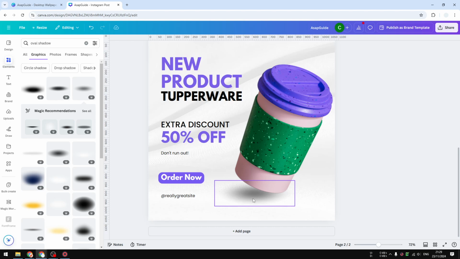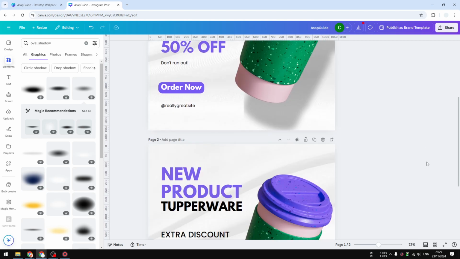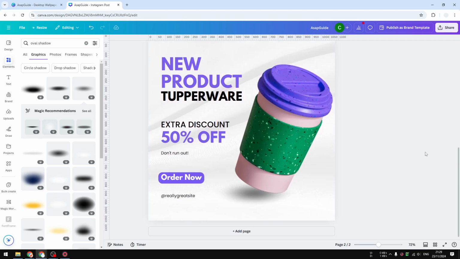But if you have a product that's maybe a cube or rectangular, then you might want to use a shadow style or shadow shape that is appropriate for the shape of the object. So anyway, those are 3 different methods you can try to create a realistic shadow for a product image in